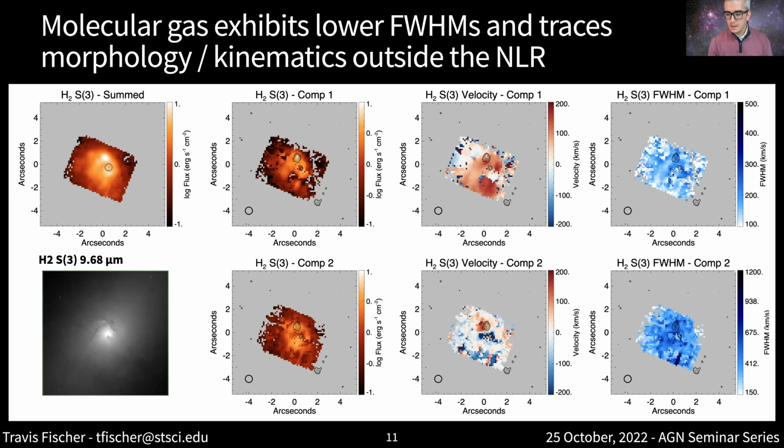continuum imaging. And we can see that the full width at half max isn't as great here. We're not seeing that big dark blue reservoir in these measurements, which would suggest that it's farther in and not being impacted and showing the same shocking that we see in iron 2 and in the AGN ionized gas.